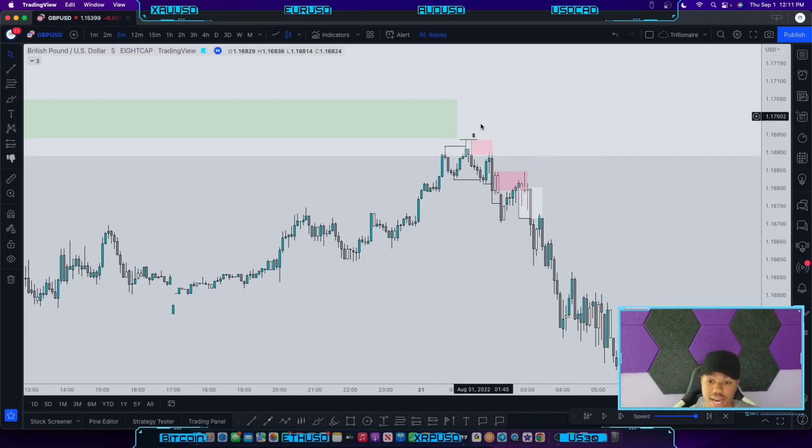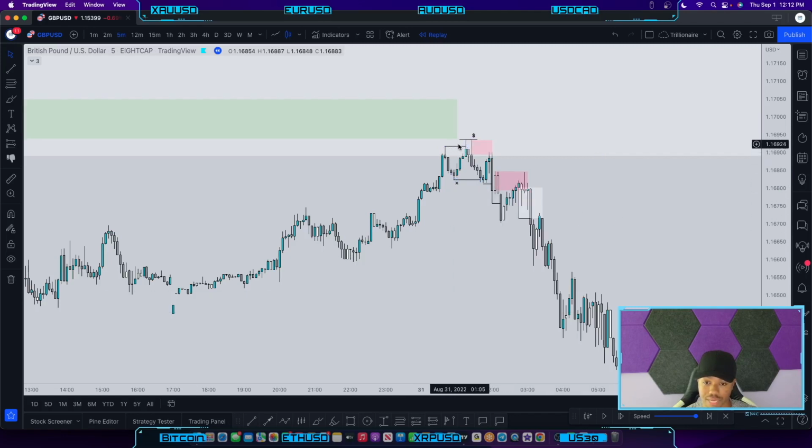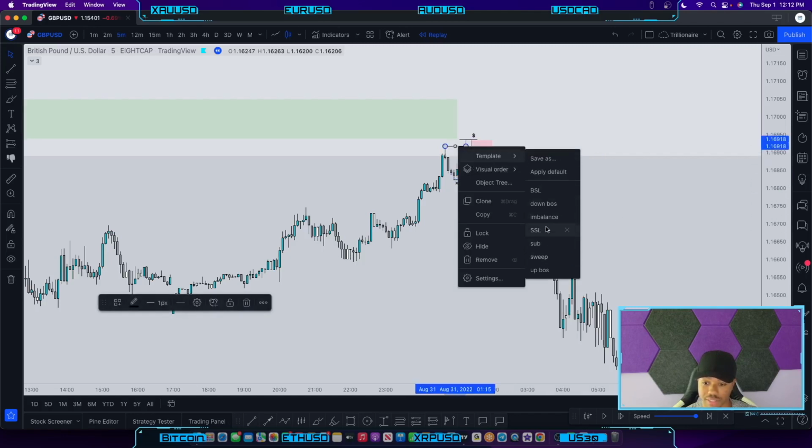So once price taps into this higher time frame region, we're essentially looking for sellers to come into the market since this is a higher time frame supply point of interest, right? We're just adding our confluences on top of confluences. That's all we're doing. So we can see here we have a sweep of liquidity, running this high here. We then see that price pushes to the downside. We take out this low here, giving us a change of momentum, right? After the sweep of liquidity, which is here,